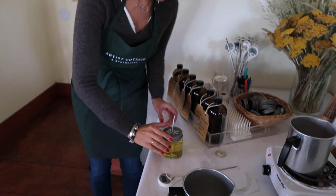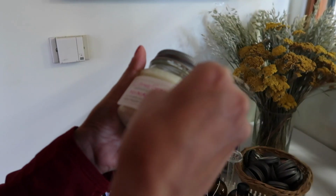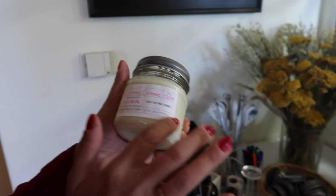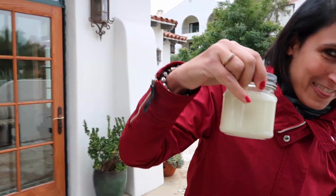Well, that was an amazing experience. Candle is done. We're gonna label this beautiful candle. And oh god, I'm crooked. It's okay, it's a little crooked. Nothing is perfect in life. It will cure my OCD. I am ready to share my creativeness with you guys. So I made this candle yesterday. Look at that. Look